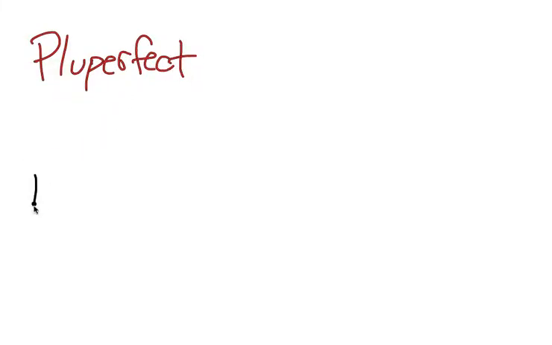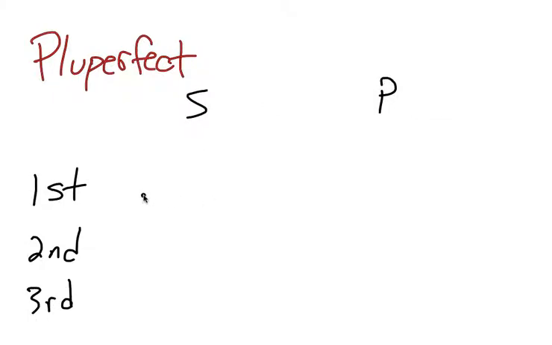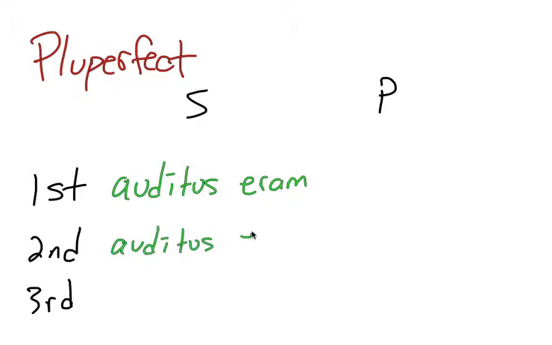Okay, so that's perfect. Now let's talk about pluperfect. Okay, so I'll set up another chart. First, second, and third person, and singular and plural. Okay, so for pluperfect, again, I'll use audio as our verb. So we're going to use the fourth principal part. We're going to make it masculine. And this time I'm going to use eram, the imperfect of sum. So auditus eram, auditus eras, auditus erat,